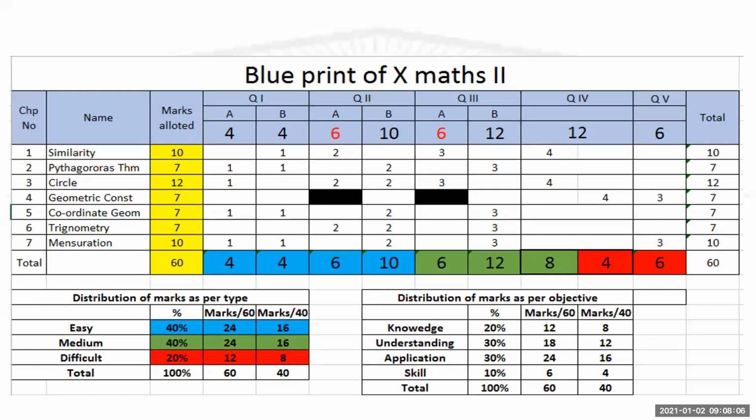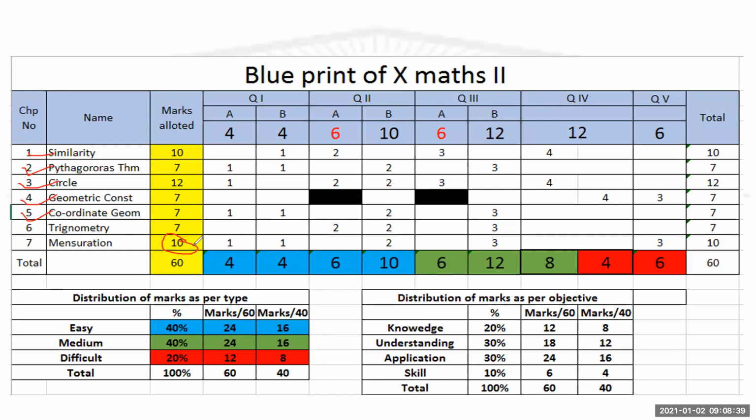Now, again, the same thing. These marks in mensuration and some marks of trigonometry, understand, they would be adjusted. This complete 10 marks would be adjusted in these chapters: similarity, Pythagoras theorem, circles, geometry construction, coordinate geometry. Now in trigonometry, what happens is the word problems which were there are not there. Understand? But the remaining part of trigonometry is there for you in the examination.